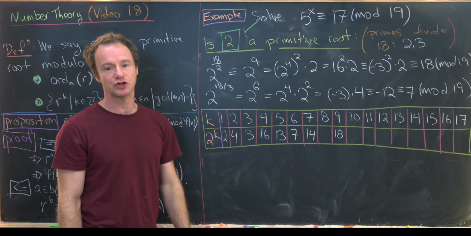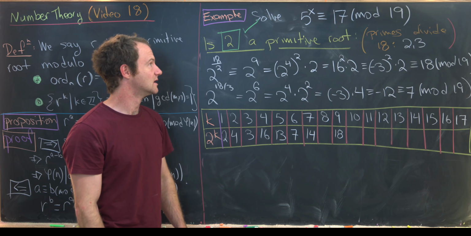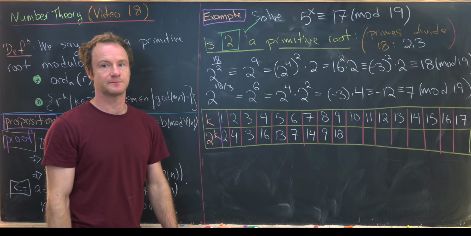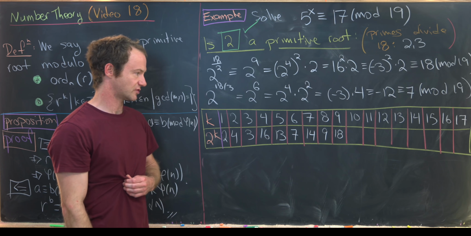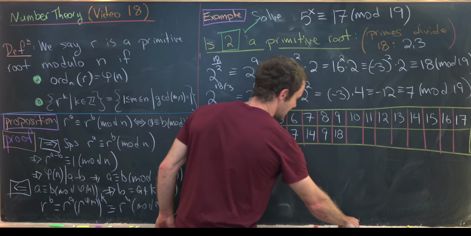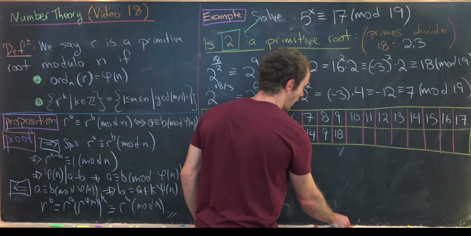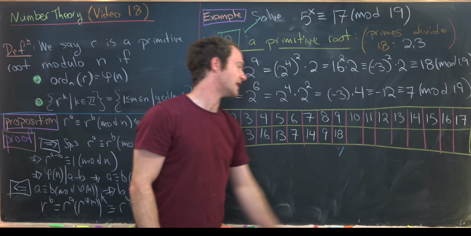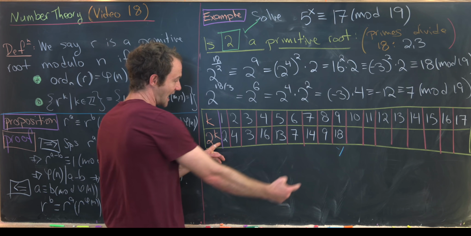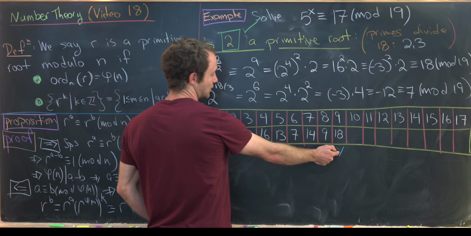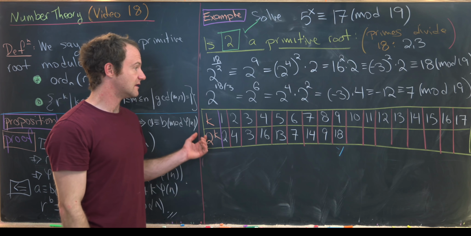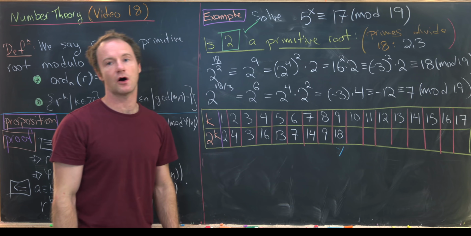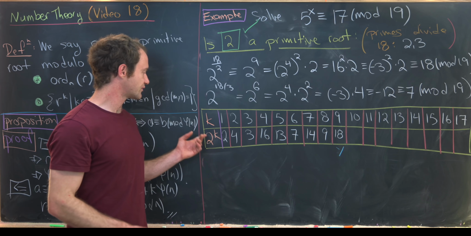Multiply that back by 2, we get -10. But -10 is congruent to 9 mod 19. And now here's a little bit of a trick, because this guy right here is equal to -1 mod 19. And everything from there to the end is exactly the entries that we have here multiplied by -1. Then that means we can just find the negative residues of each of those, and we'll fill in all of those boxes. So just to reiterate,